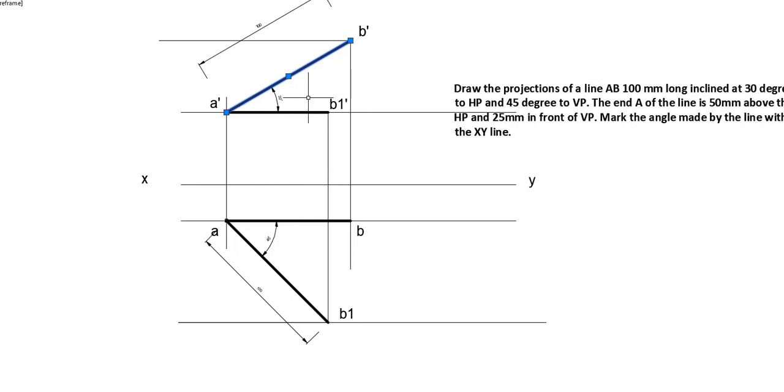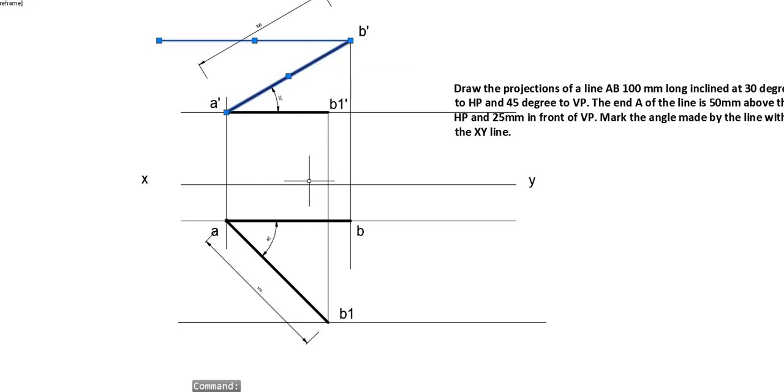Which figure does have this information? This line A dash B dash has the information that it is inclined at 30 degree. Meanwhile, this line has the information that it is inclined at 45 degree to the VP. So what we have to do is combine the information available in both of these lines and make it into a separate line. This locus shows the locus of a line which is fixedly at 30 degree to the HP. Now we have to introduce an inclination of 45 degree to the VP towards this line.